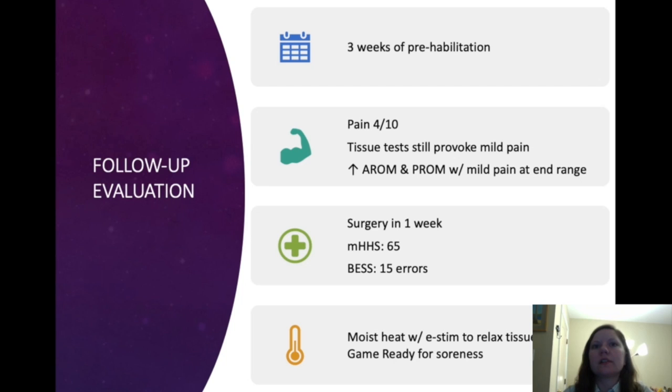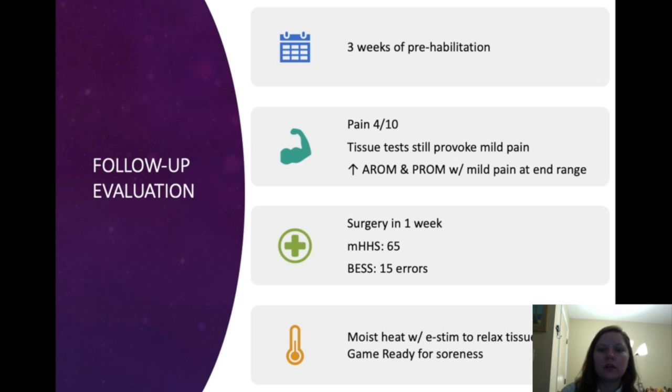We focused on some strengthening exercises to target those hip flexors, abductors, adductors, and rotators, like doing clams and side steps. Just some things with resistance bands to work on flexibility. We're avoiding pain when we're working on range of motion, and we're also working on some balance and trying to improve her BESS testing scores. And then also doing cardiovascular training, like on the bicycle or in the water.